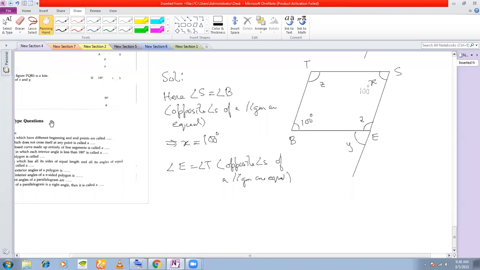So let's not go for looks. A very good looking angle can be very bad also. An angle can look like 80 degrees, but it will be 20 degrees. We are not drawing the figure according to our scale. If I call this length 15 centimeters, does it look like 15? It does not look like 15, right? So in geometry we always give properties and arguments.